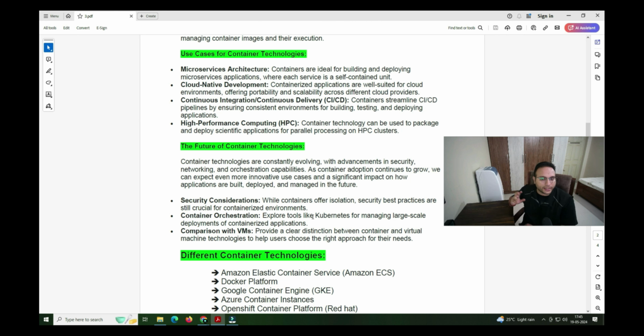Security considerations, container orchestration and comparison with VMs are the main zones where we are trying to reach conclusions about the future. We want Docker technology to excel in all fields, so that it is easy for us to utilize it, and instead of spending a lot of money on hardware appliances, we can go ahead with Docker itself. Even for critical applications, banking applications, financial applications, or say cron job applications, we can utilize Docker in the future, as we have stability there. That is the reason behind it.